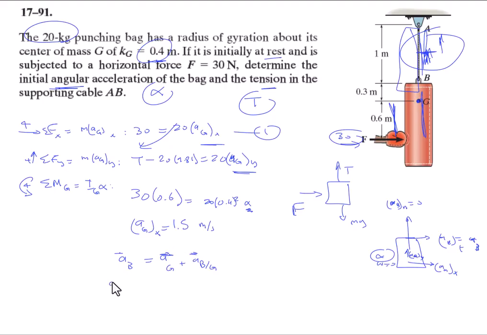So the acceleration of the bag, this point A, in the I direction will be equal to the acceleration of the center of gravity in the J direction plus the acceleration of the center of gravity of the bag in the X direction, and this is I, minus alpha 0.3 I. It's easy to see in the J, this is only J, so this gives A G in the Y direction is